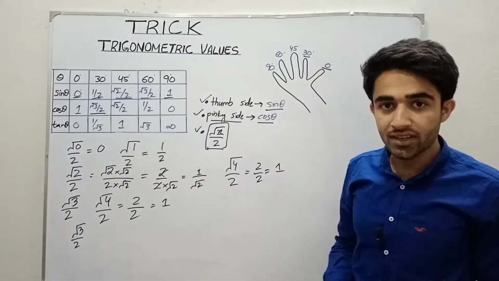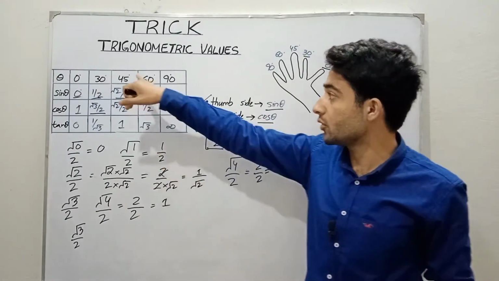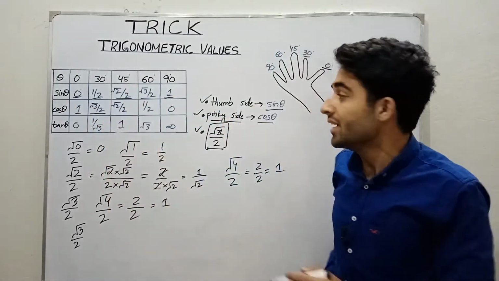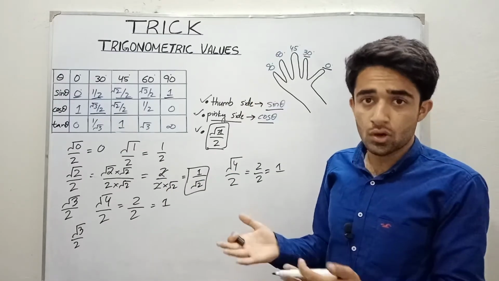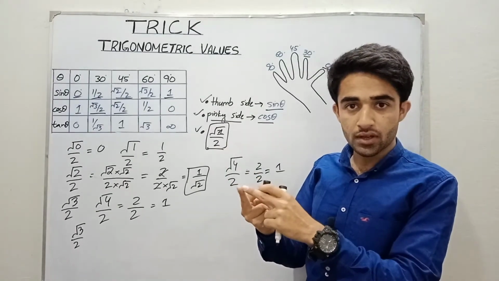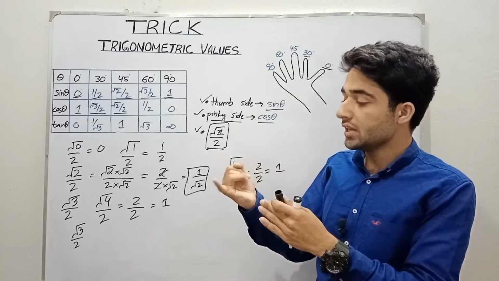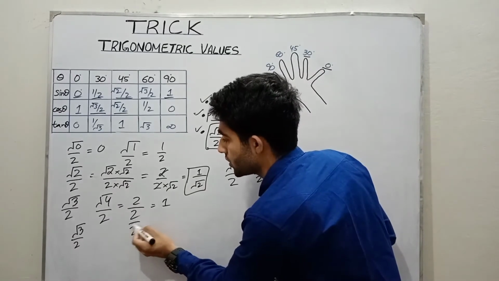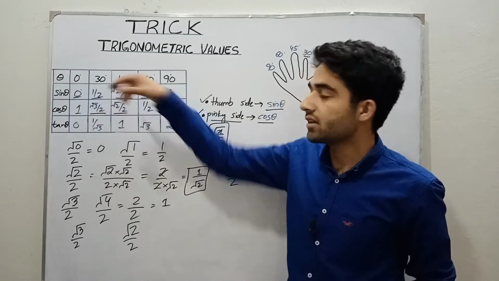Then at the 45 degree, you can learn it like this: at the 45 degree the values of the sin theta and the cos theta are the same, that are under root 2 by 2. You can also solve from this formula, because at the 45 degree, in the direction of the cos theta there are 2 fingers, so the value of x is 2. Okay, so under root 2 over 2 is the value of the cos theta at the angle 45 degree.